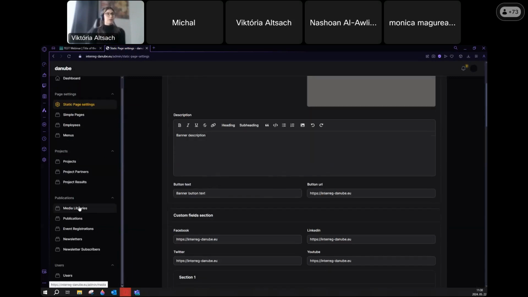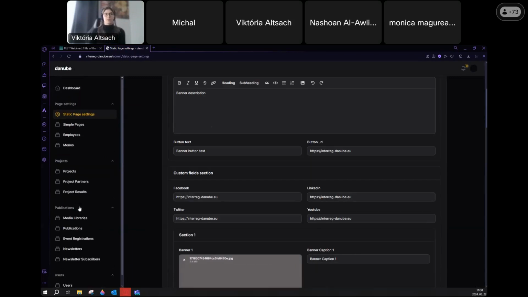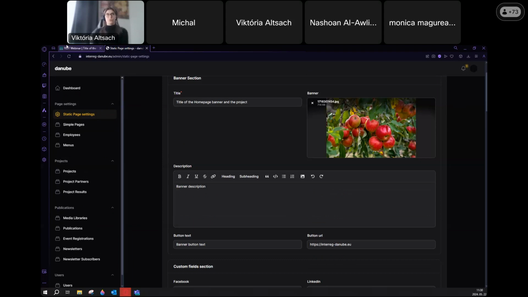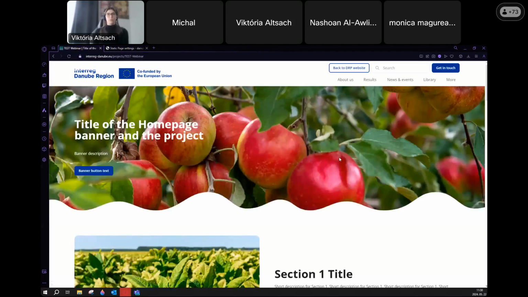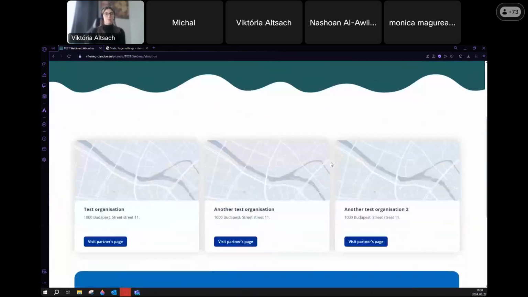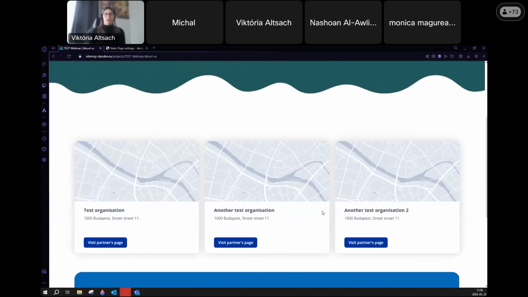Okay, and yes, I also have to talk about the About Us page. The About Us page is based on GEMS. Here I created the partners manually, but all of the partners are coming from GEMS. But you are able to modify the information for these partners, and the GEMS sync won't be synchronizing this